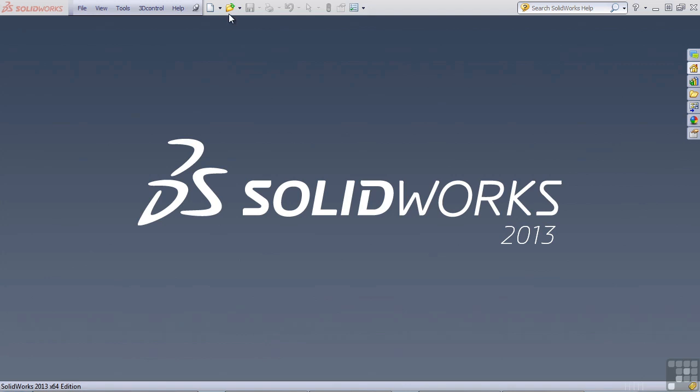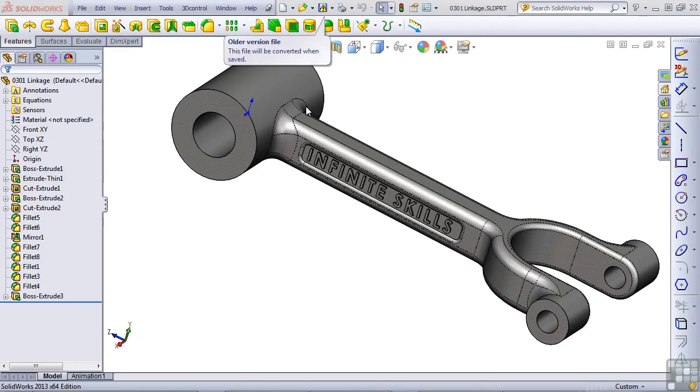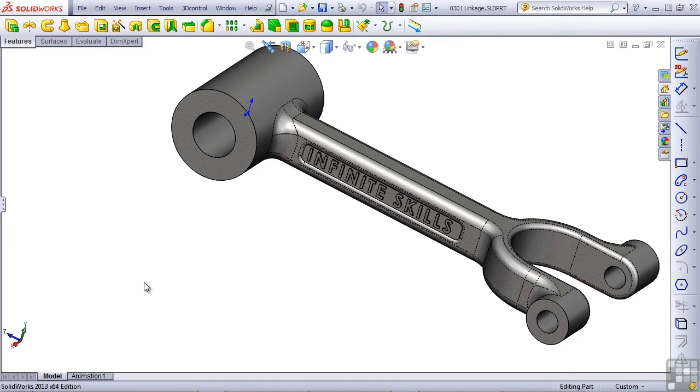Let's start by opening up a file from your Working Files folder for Infinite Skills called the linkage. You can see by looking at the feature manager in the linkage part that it has several features associated with it. And what we're going to do is close down the feature manager. I'm going to grab this tab and push it in. And we're going to just look at the geometry and see what kind of features we might use in order